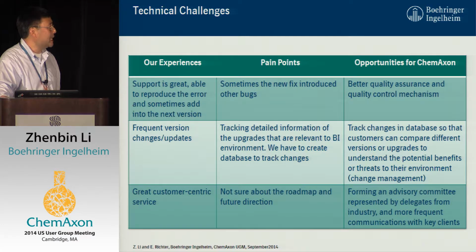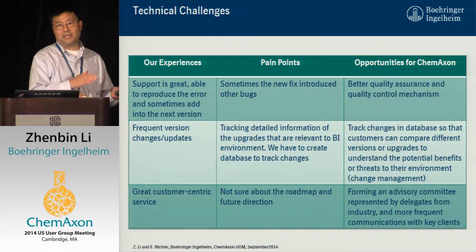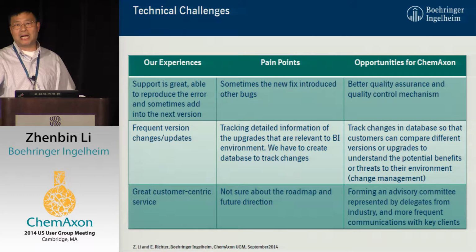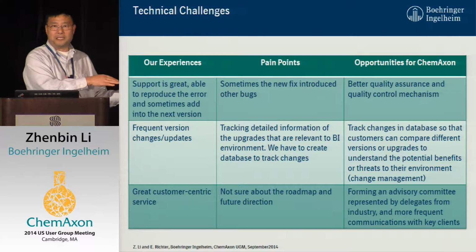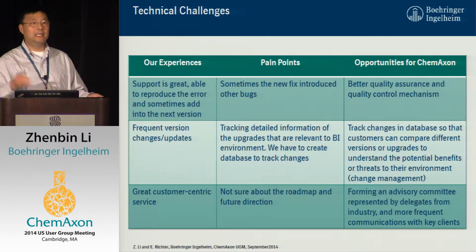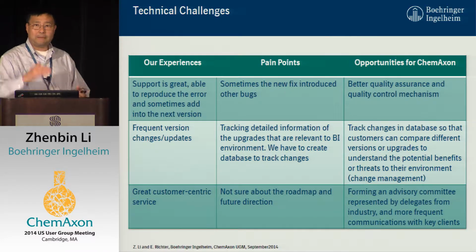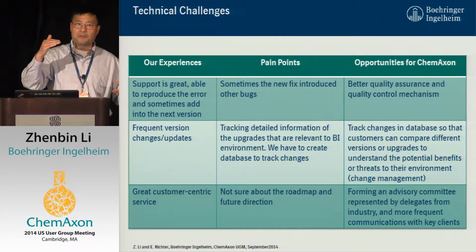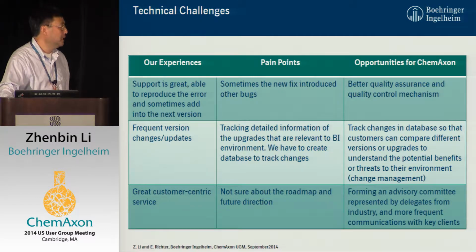We're seeing the version change frequently. We feel it's a little bit difficult to track the detail of each version, what changed, how it changed. The reality is in our company, we're probably not going to follow ChemAxon's version each time. So if you have, say, version 7.2, we are still maybe on 6.8. Until 7.5 comes and we say, hey, this is a good feature we need, then we probably can jump to that. So we wish there was some database that we can use to track those things, so when we see different versions, we can immediately know what the consequences and the impact are.